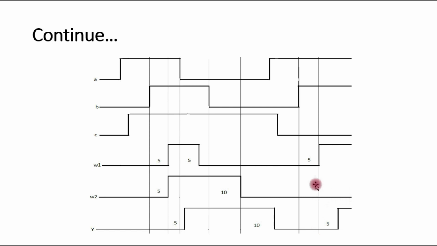and after this W2 is also 0. But after this W1 is at logic 1. One input line is at logic 1. It means output will be at logic 1 in case of OR gate. But this effect reflects after the rise time or rise delay. So the rise delay is 5 units. So after 5 units output goes to logic 1. So these waveforms clearly show the consideration of delays in case of logic functions.